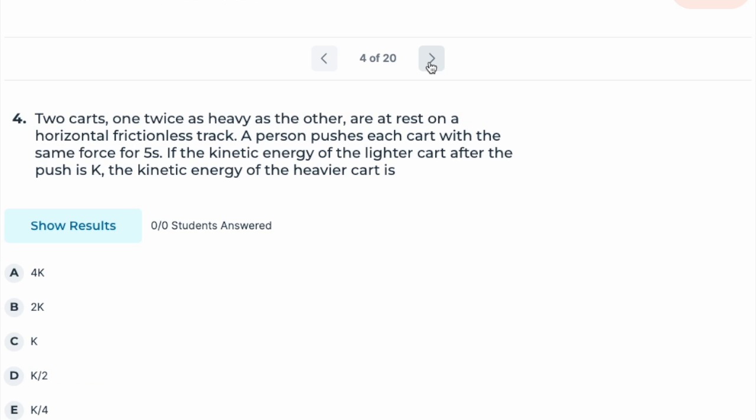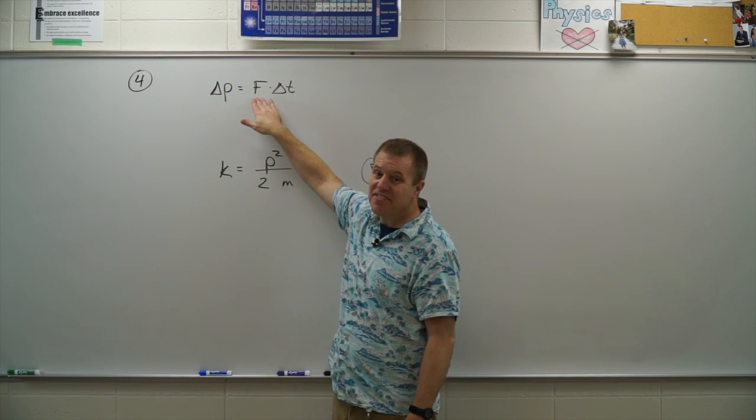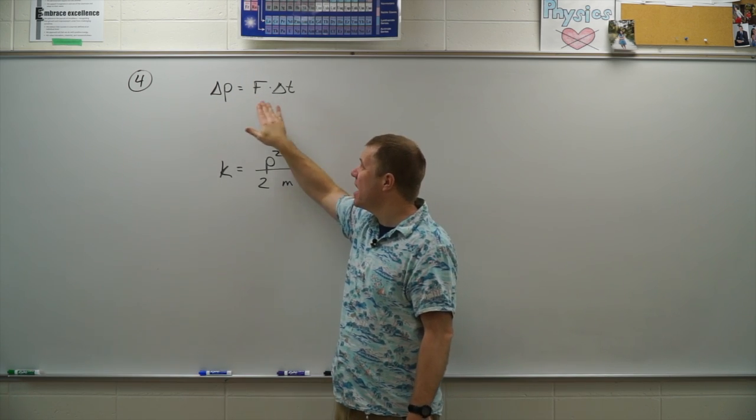2 carts, one twice as heavy as the other, are at rest on a horizontal frictionless track. A person pushes each cart with the same force for 5 seconds. If the kinetic energy of the lighter cart after the push is K, the kinetic energy of the heavier cart is... All right, so because they have the same force for the same amount of time,